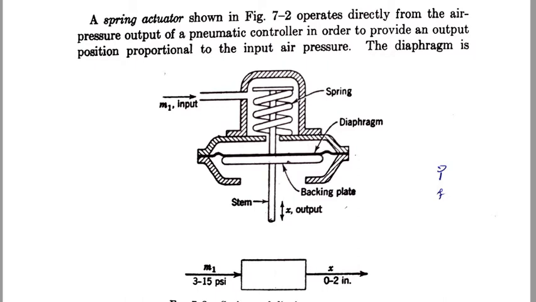First we'll see the construction of a spring actuator. So this is a spring actuator. You already know how the control valve is and how the actuator is. This is the basic structure of an actuator. In this basic structure we are going to use a diaphragm. Here we are going to use a pressure element, right? In that, we use pressure measurement devices or bellows,